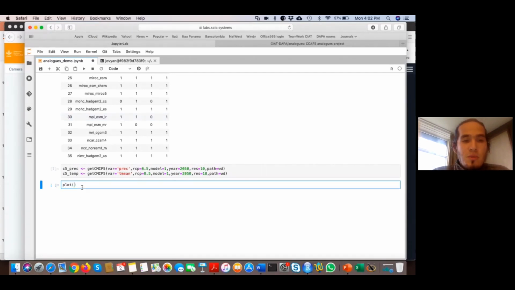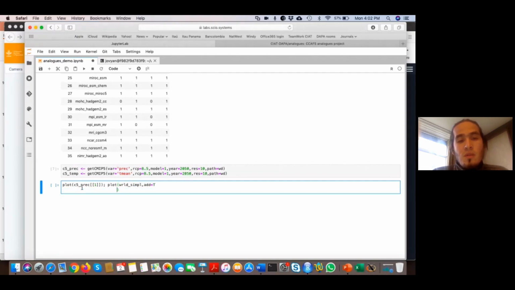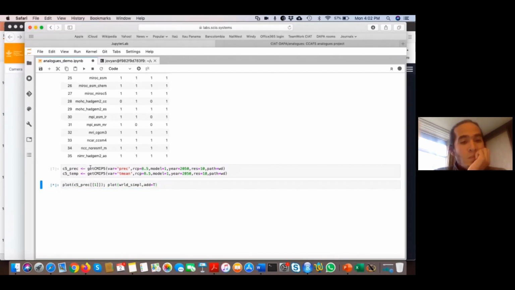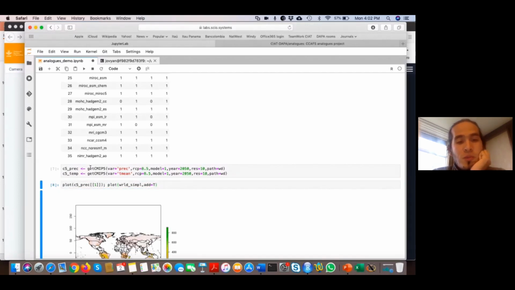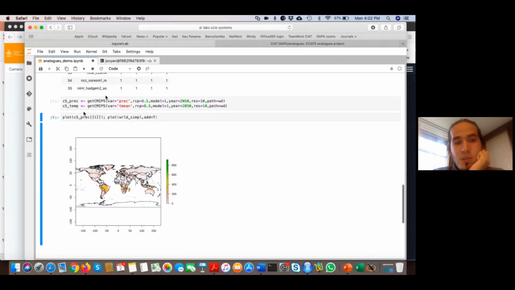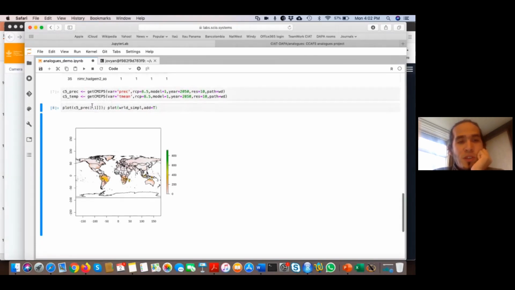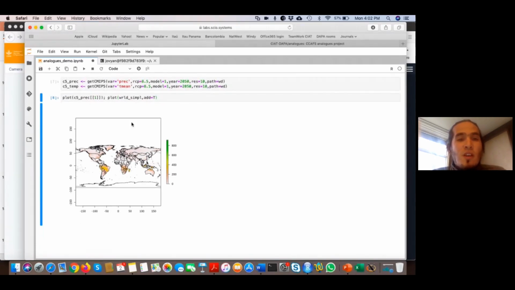So if I want to plot, again, this CMIP5 data, just to double check that everything is okay, I can do that. I can plot the 12 months. I'm not going to do that right now. And then the next thing that I need to do is